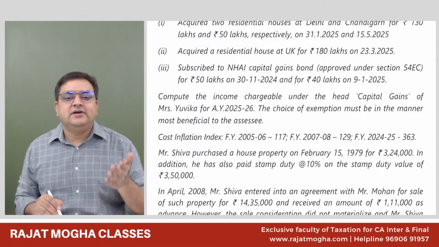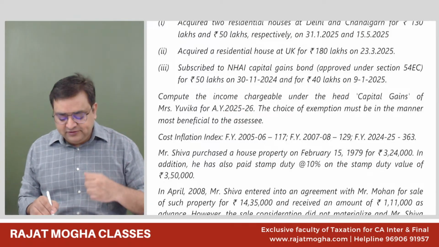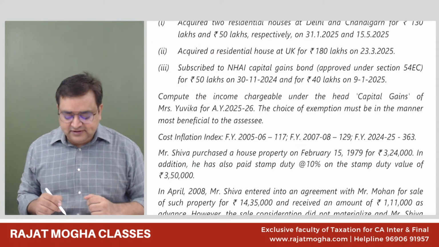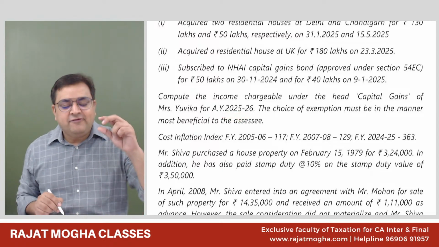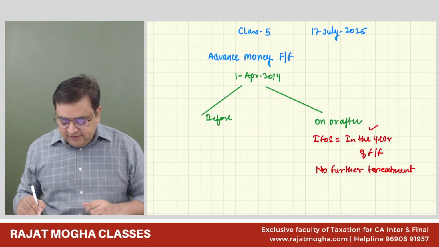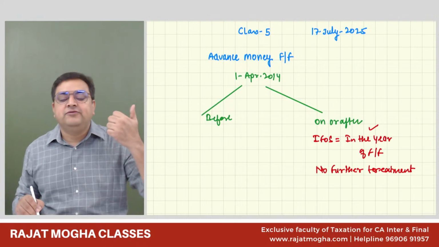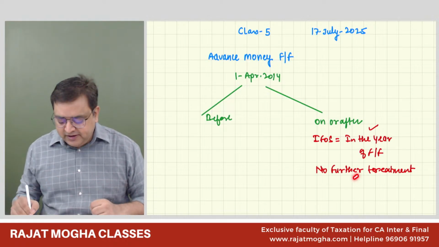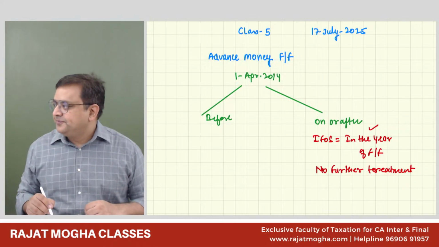We are doing for the previous year 24-25, right? So this income, that advance money forfeited, is not the income of this assessment year. It has already become the income in 2015-16. So we don't have to add this in this year's income, right? But yes, we have to tell the examiner that this advance money forfeited of 20 lakh rupees, we will just show it in a note. It would have become the income in 2014-15 or 15-16, whatever the year was. So in this year, we will not treat it. No further treatment in this year. Only in the year of forfeiture, this would become your IFOS income.